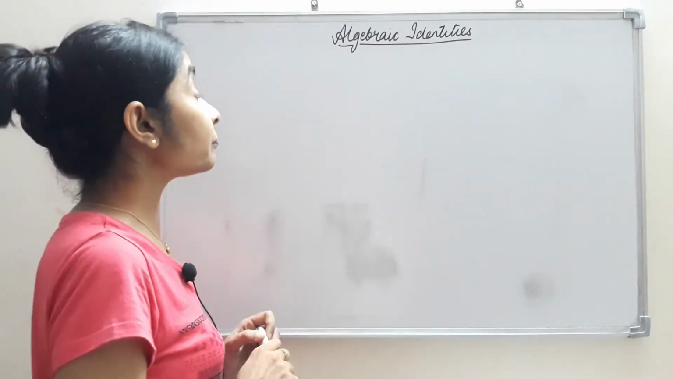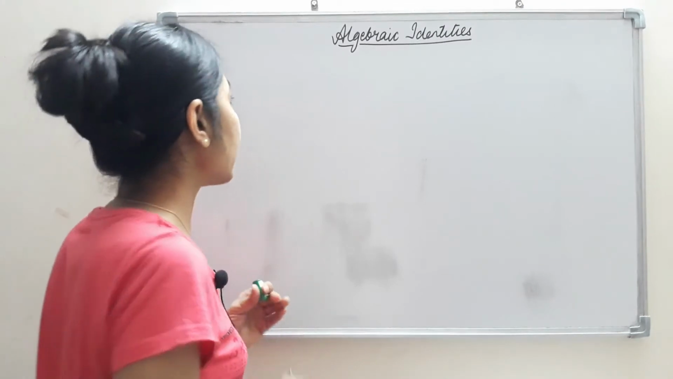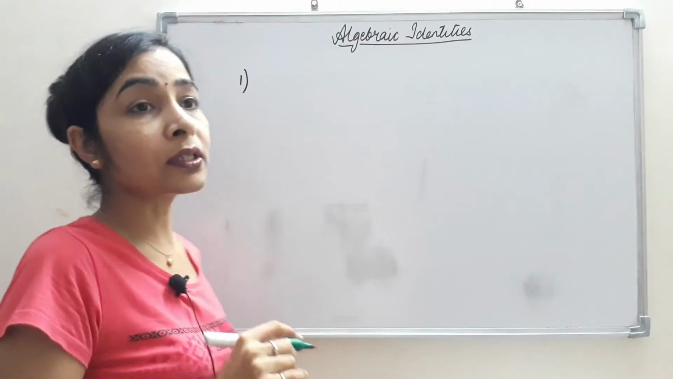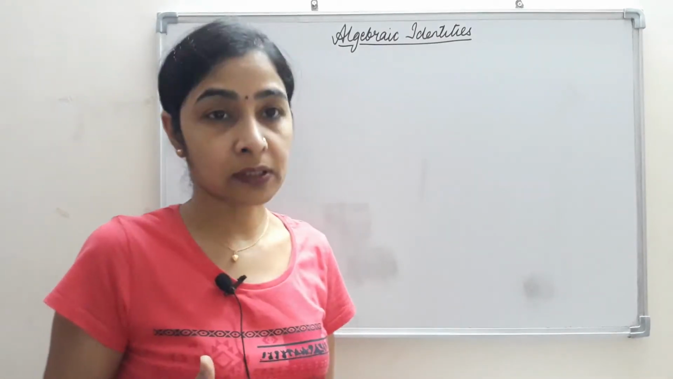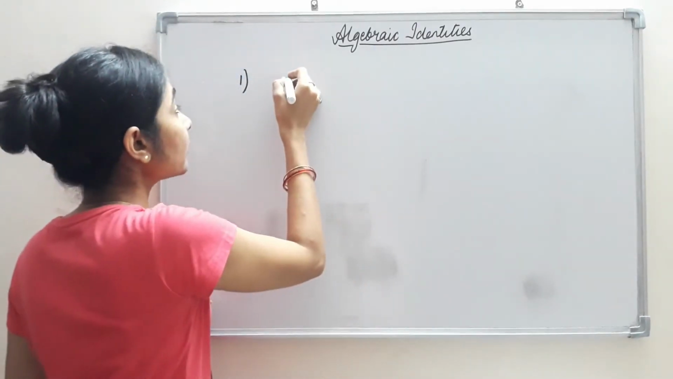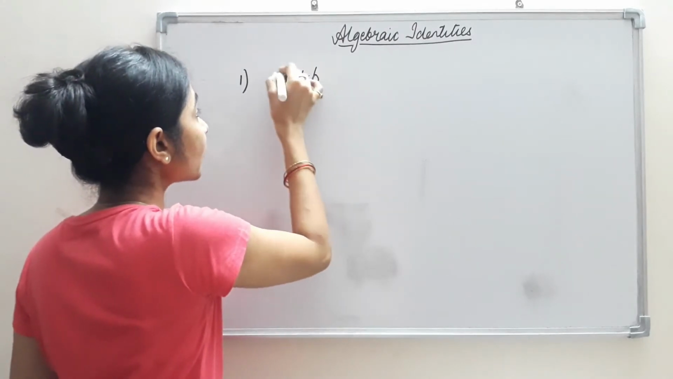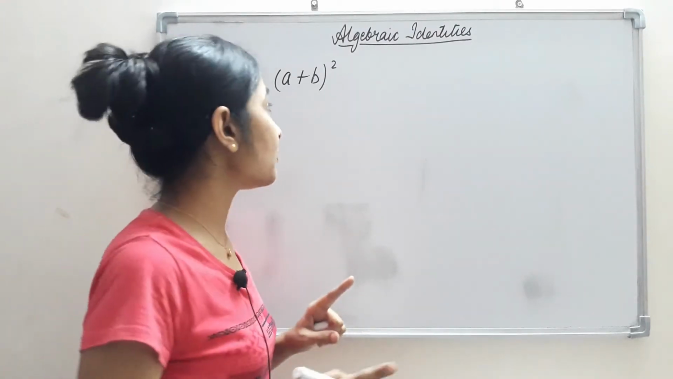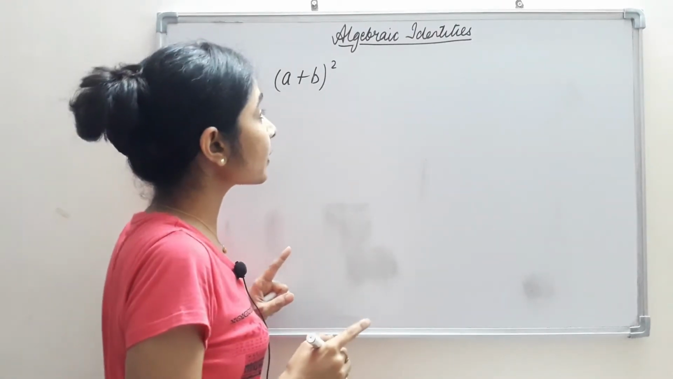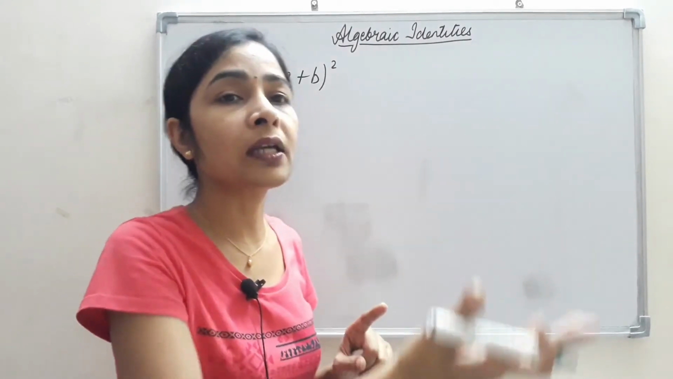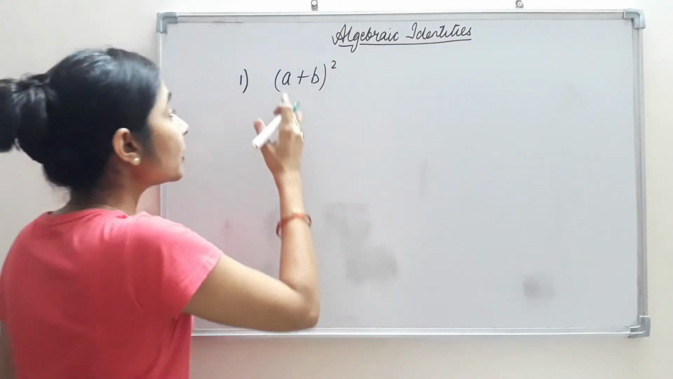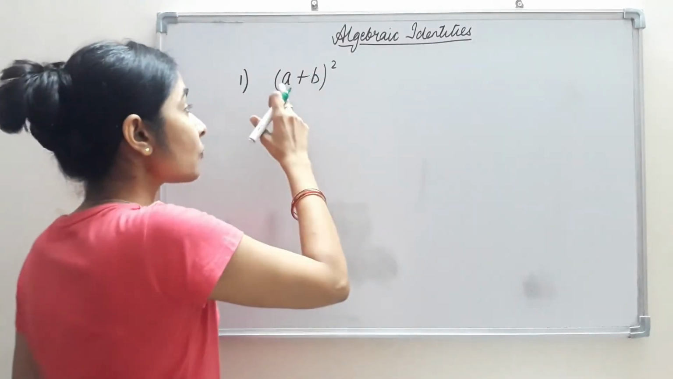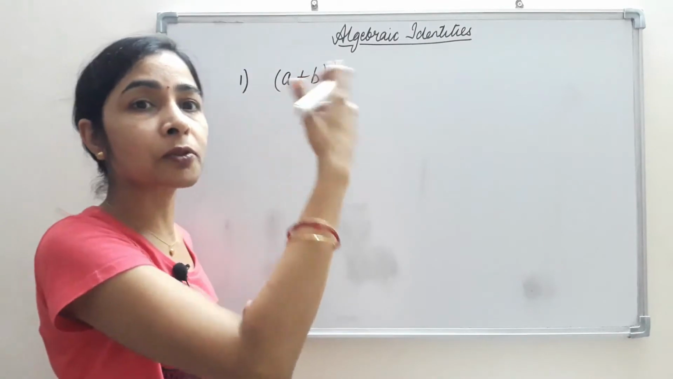Now, starting with the first identity in your syllabus, which is related to square. When we are doing the square of an expression, suppose we are given the square of a plus b, the whole square. Previously we have done the multiplication related to it. If we are given to multiply a plus b into a plus b, we will multiply each term of this expression with the other expression, which will also be a plus b. So first we will do a into a, and then a into b,